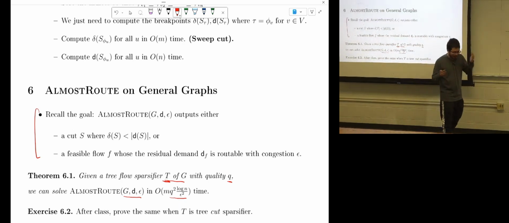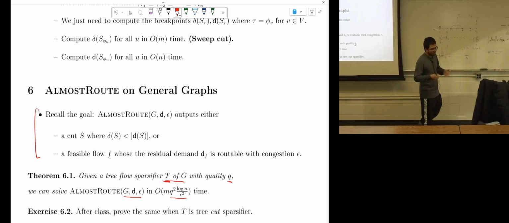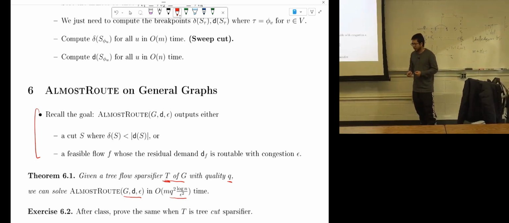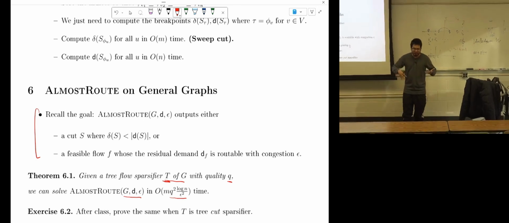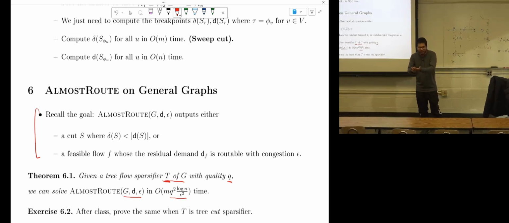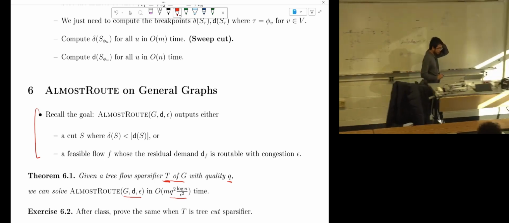And this actually will happen quite a lot in a fast algorithm. You come up with crude approximation objects, and then you try to find a way to boost it to an accurate approximation. But the crude approximation just affects the running time. This happens quite a lot. Okay, so